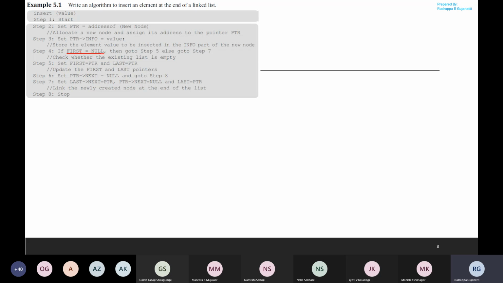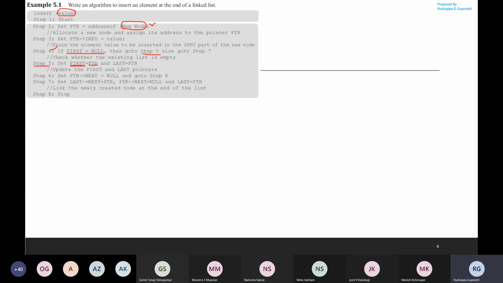If there are no elements, then the node what you are adding is the first node being added into the linked list. So if this condition is true, you need to go to step 5. As per this check, if it is true, this is the first node you are adding to the linked list. So if I go to step 5, what is being performed? You have to update the first pointer, since this is the first node, right? The pointer value, that is the address of the new node, is stored in the special pointer, which is first.